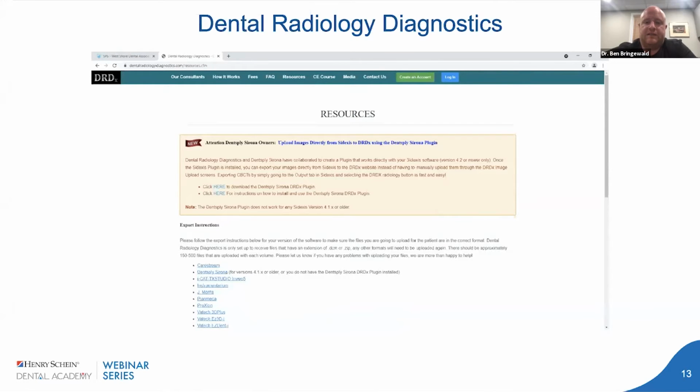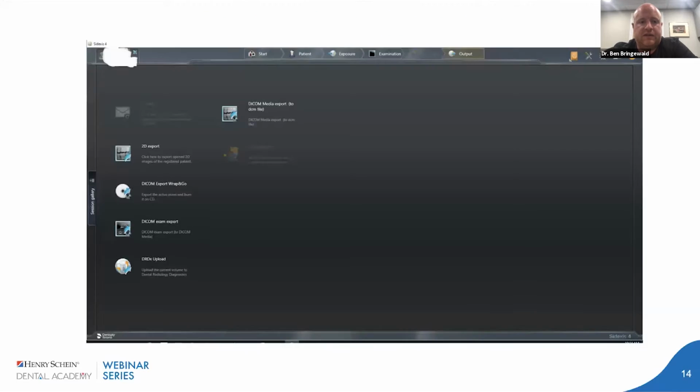Once we have the account set up, if you don't have a Densply Sirona CBCT, you can certainly still use that same service. It's just not quite as easy to upload the scan. So once you have your account set up, if you do want to have something read in the Densply Sirona, once